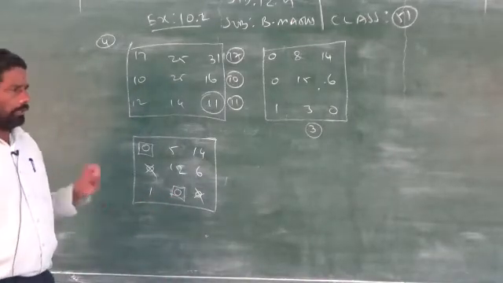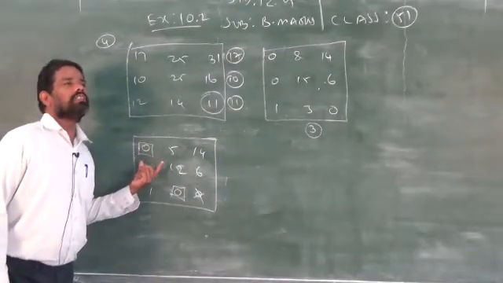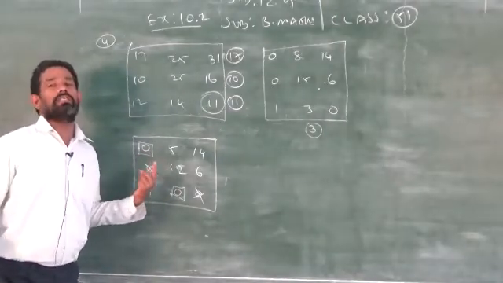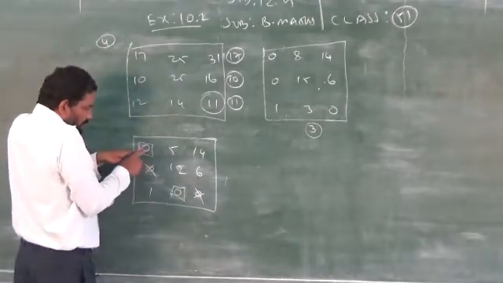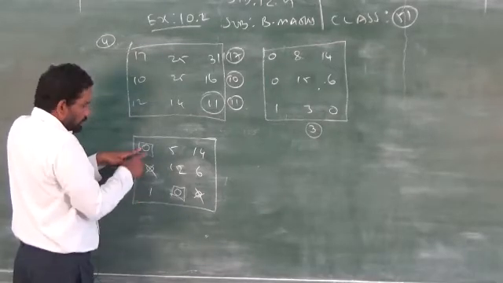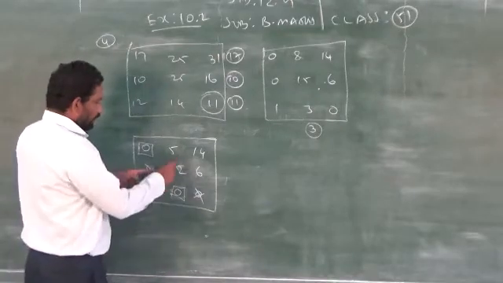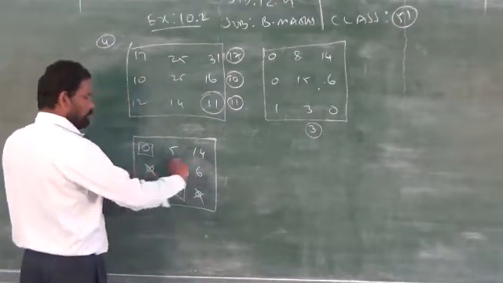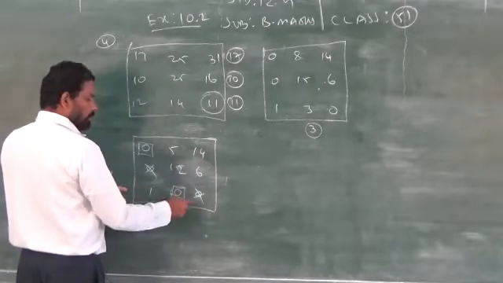You have to make the box for the zeros where the row or column consists of exactly one 0. Here the row consists of one 0, so I put the box. For the corresponding column you have to check whether you have zeros or not. If there are zeros under this first column, you put a cross mark for all the zeros. Clear? Then you have to see that in the next row there are no zeros left. Then you go for the third row. In the third row, how many zeros do we have? 2 zeros.